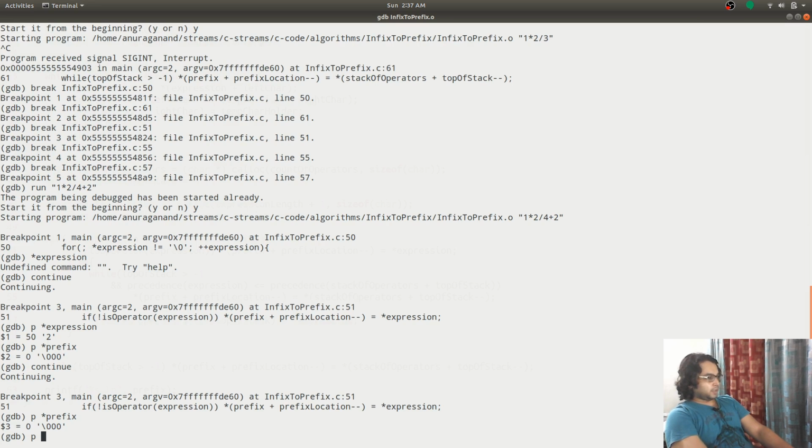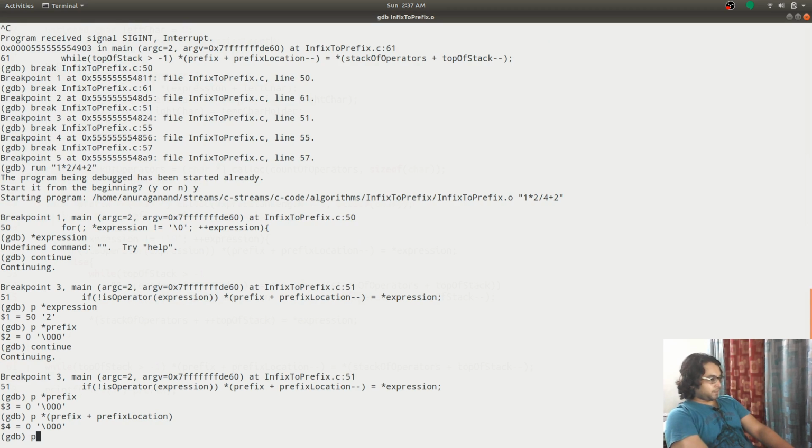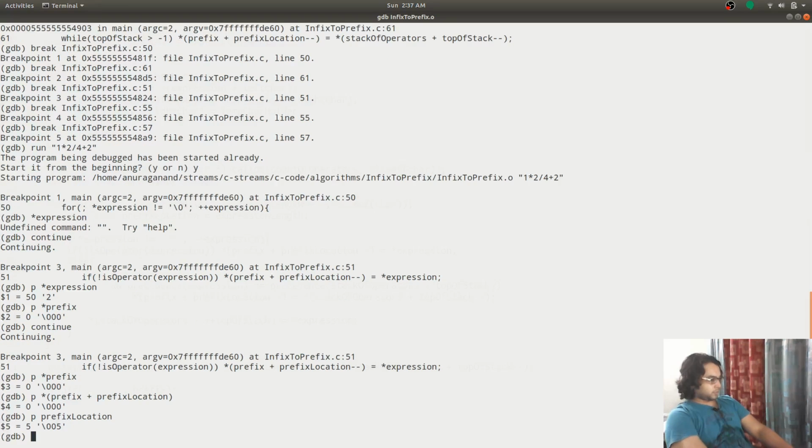And P, okay, because it is starting from backward, I need to access the value at the back, and prefix location is 0. P pre is 5. Why is the value not there in the prefix array?